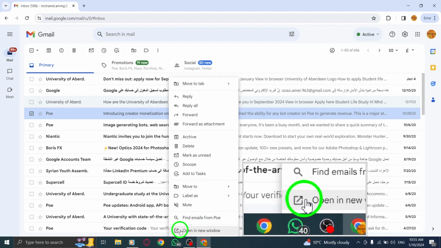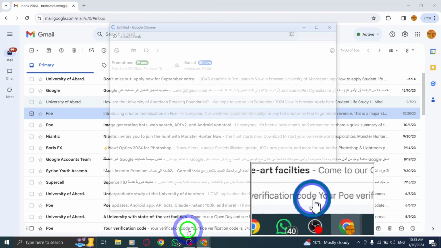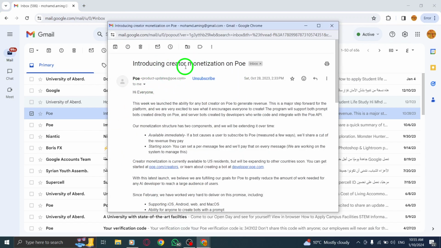Step 3. From the menu, select the Open in New Window option. This action will open the selected message in a separate window, allowing you to view it without navigating away from